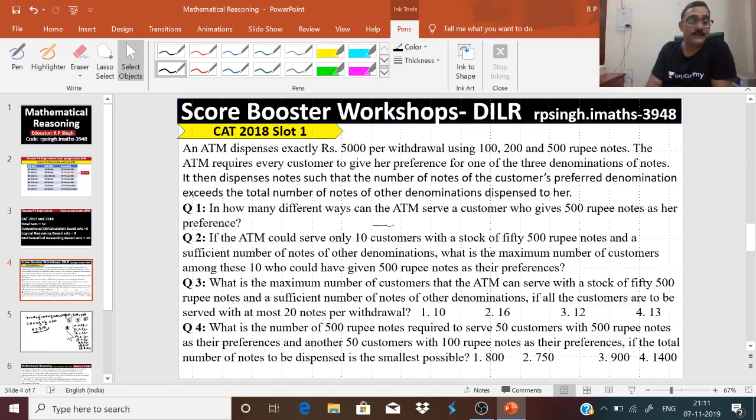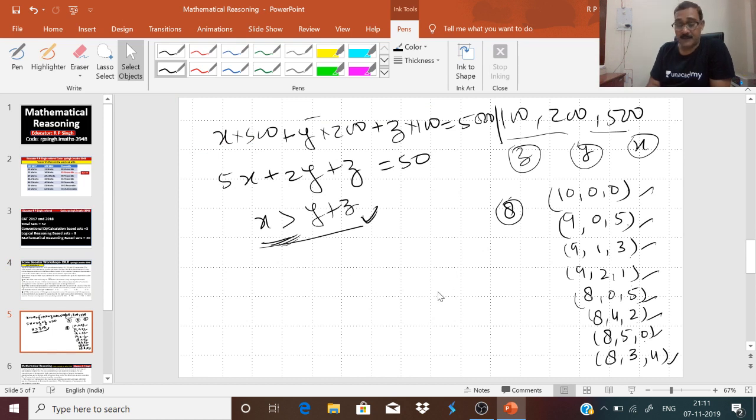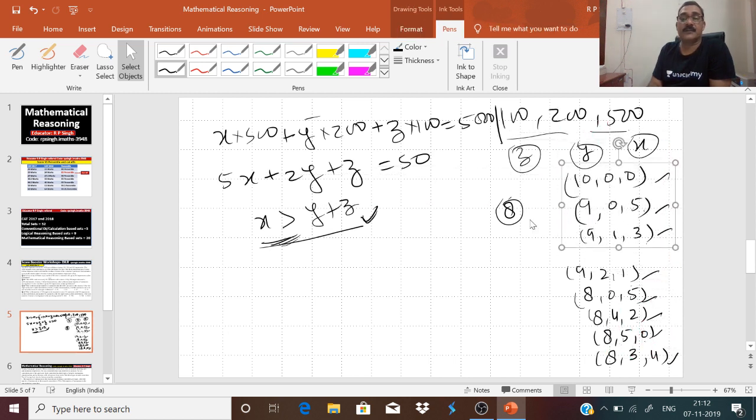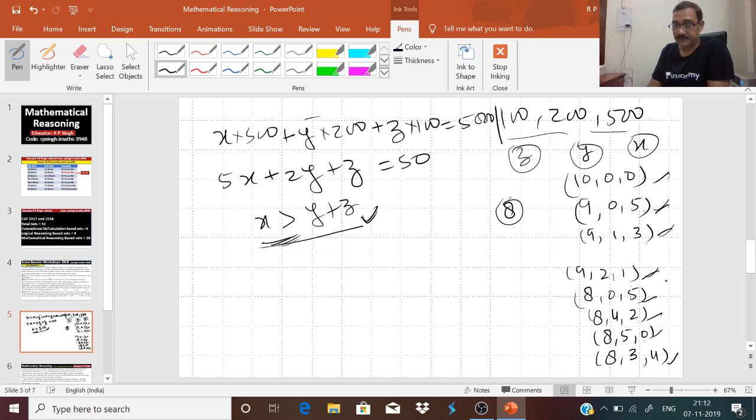So guys, total 10 customers and 500 notes, maximum 10 customers. Possibilities are 1000, sorry guys, possibilities are 1000, 905, 9, 1 and 3, 921 and 850,